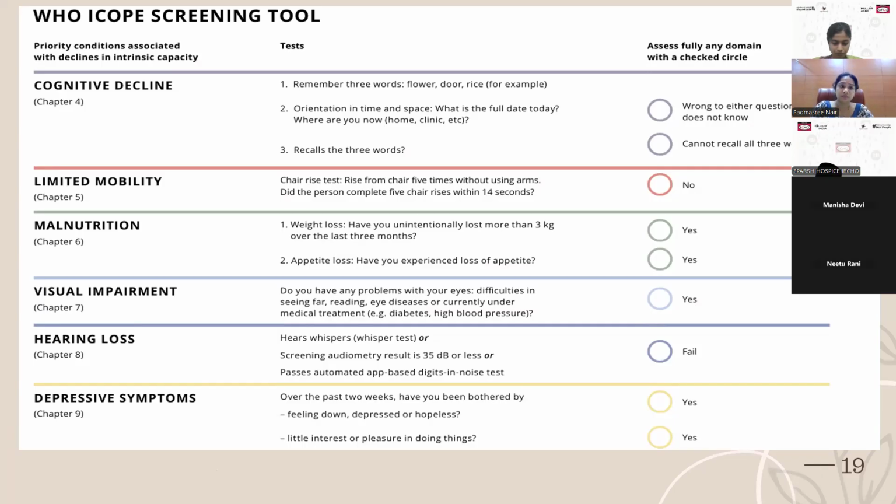So for cognitive decline, the most common test that we do is a 3-word recall. So if you look at the second column, we can see the tests have been described here. We ask them to pay attention while